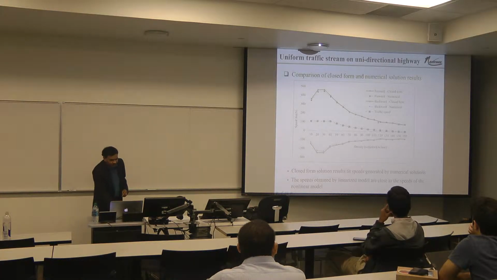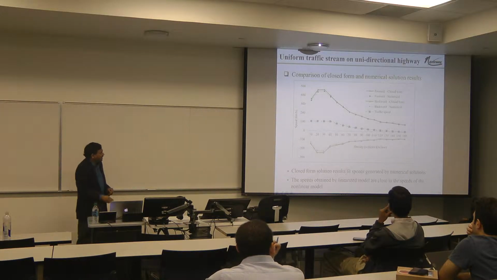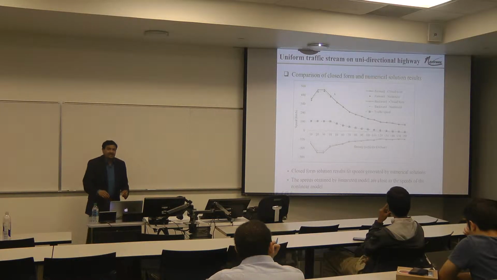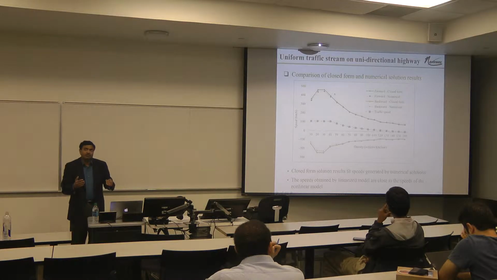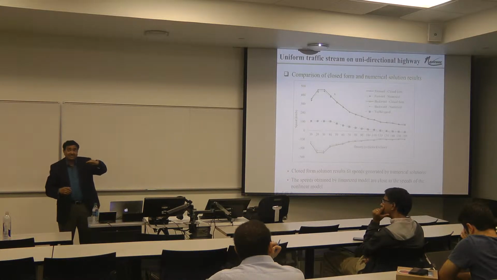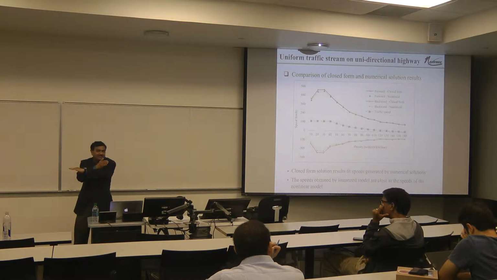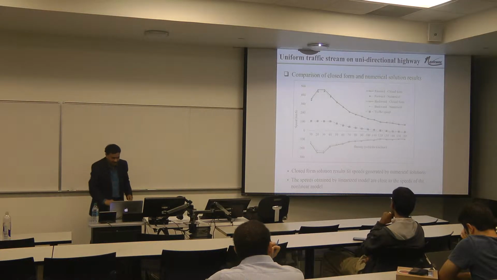And what you see here is the traffic flow as a relationship between speed and density. That's just a standard relationship that we have seen before. And here what you'll see, this is the forward propagating wave speed, this is the backward propagating wave speed, and the forward one has higher speeds. It's not surprising because the forward is in the direction of the movement of vehicles, the backward one is against the direction of movement of vehicles. So that's why the forward and the backward differ.